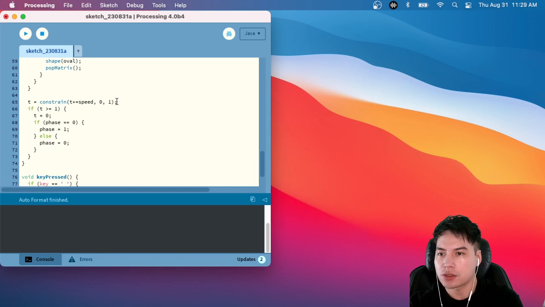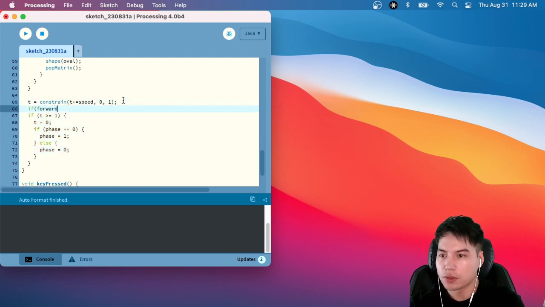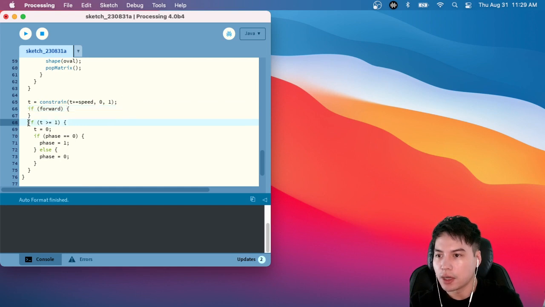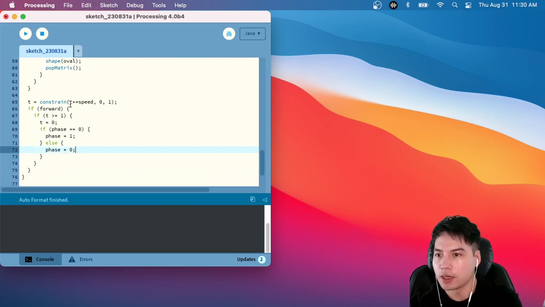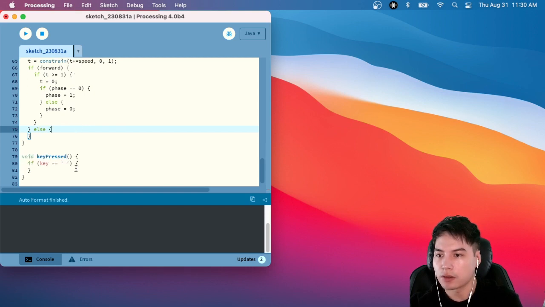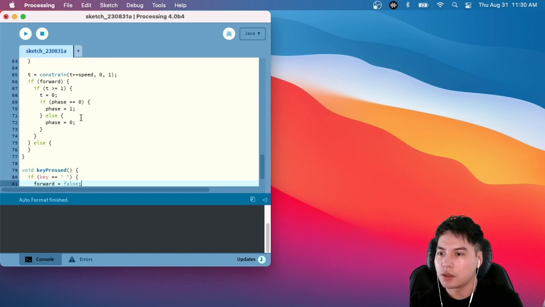So basically, this is just going to move the shape across our line, but we do need something to check what direction we are heading. Is t going to get greater than 0, or is it going to be going less than 0? So we'll say if we're moving forward, if that Boolean variable is true, and we are in fact going forward, then do all the same things we were doing before. However, if we're moving backwards, and speed is somehow negative, we're going to also change,